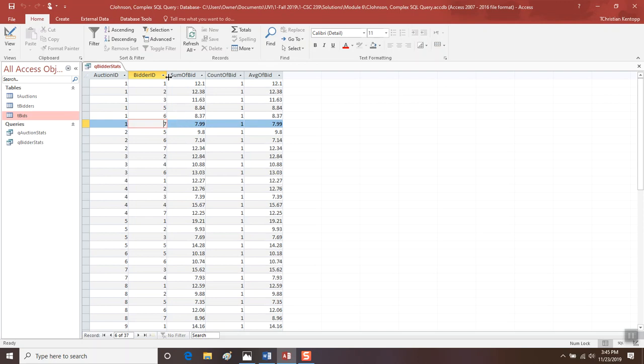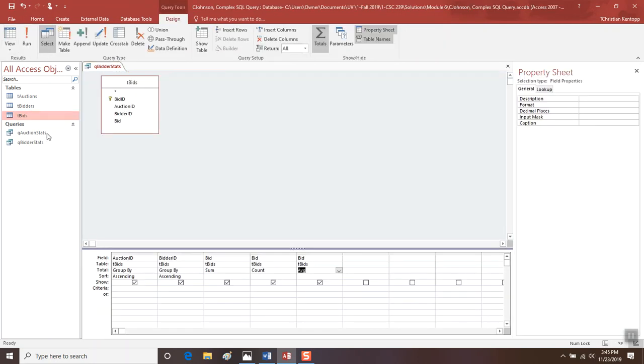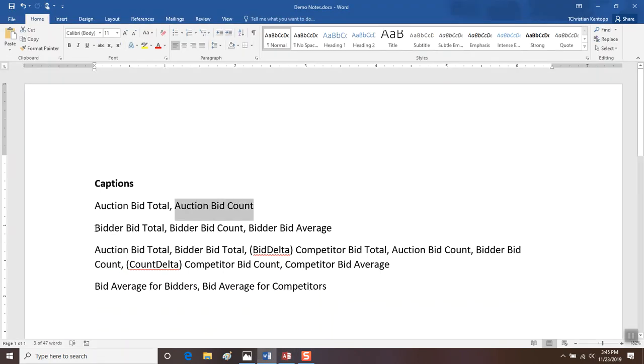We're going to do this in a way where if the bids are updated, then the sum will update, the count will update, and the average will update. We'll see that in a minute. So we're going to go ahead and save that, and we'll do the same here with our captions because we want something a little more descriptive. We'll use bidder bid total, bidder bid count, and bidder average. And I know that sounds a little redundant, but basically bidder criteria can involve more than bids. So bidder bid total, bidder bid count,